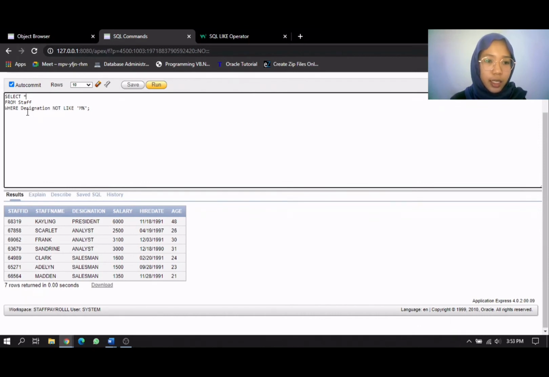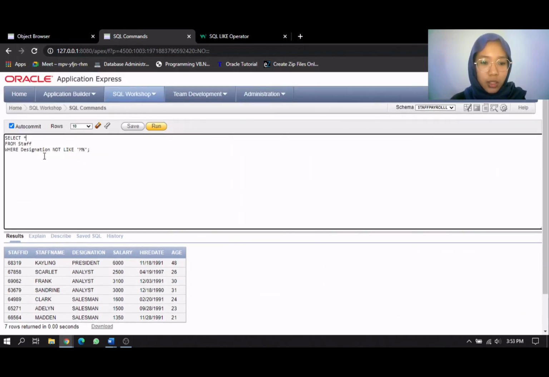Okay, designation kan, where designation. Okay, designation dia yang tak start pada M. So kat sini tak ada yang start pada M. Kita tunjuk yang dia akan show yang selain daripada M. Okay, next contoh kita akan buat